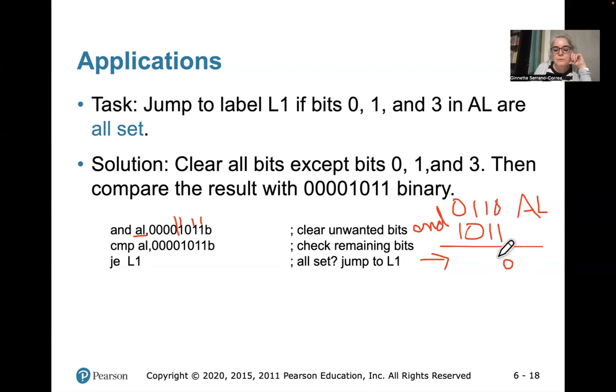True and true is true. True and false is false. False and true is false. Okay. So what we have left is 0, 0, 0, 0, 0, 0, 1, 0,